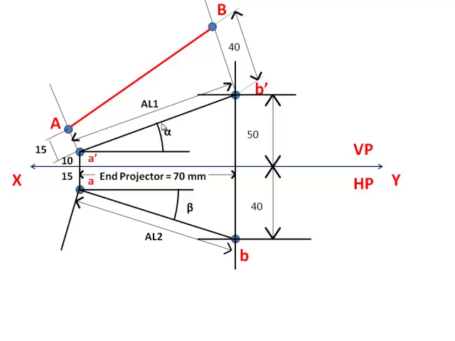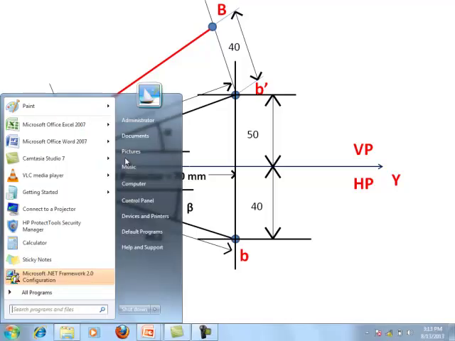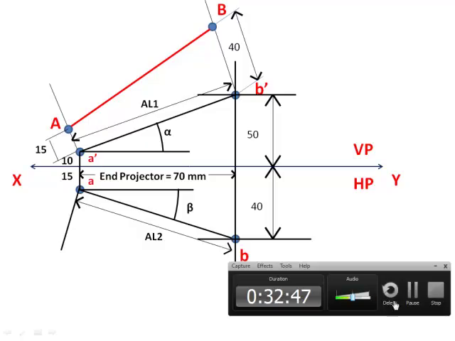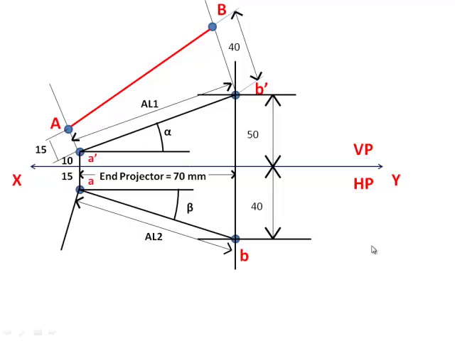You do not understand? Listen here. How many of you understood this? The in front of VP distance, you are simply making it in the front view. Okay? Those who did not understand, listen here. How are you getting the true length in the top view? Make it now. Now, how to mark theta and phi is very important. Don't put a horizontal line. Listen here. It's a true length AB. Theta, how did I mark?